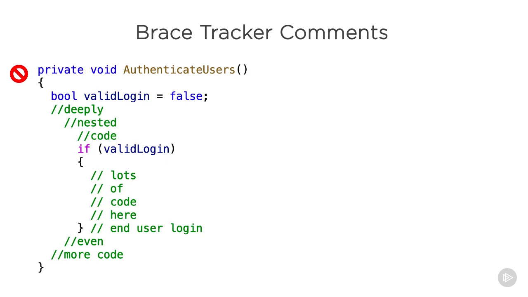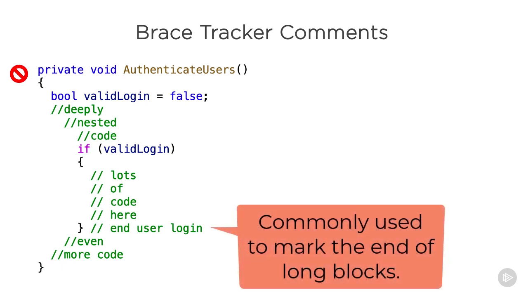Much like the divider comments we just discussed, brace tracker comments are used to help developers navigate really long stretches of code. So here's the idea behind brace tracker comments. When the body of a conditional grows long enough that we can't fit it all on the screen, then when you see a closing curly brace, it can be really unclear what it's closing. So these brace tracker comments sit here at the end of the conditional and tell us what it's closing.